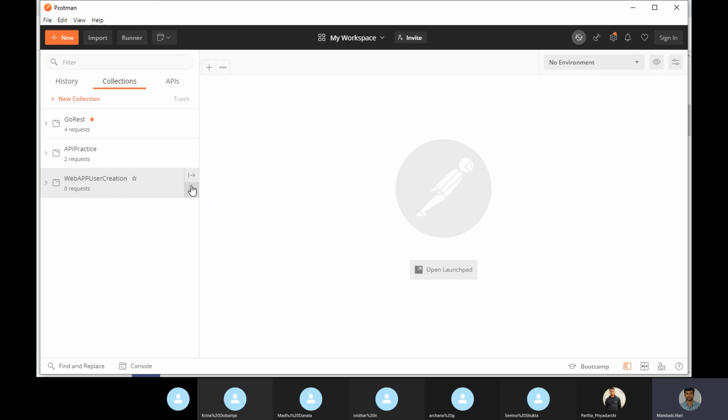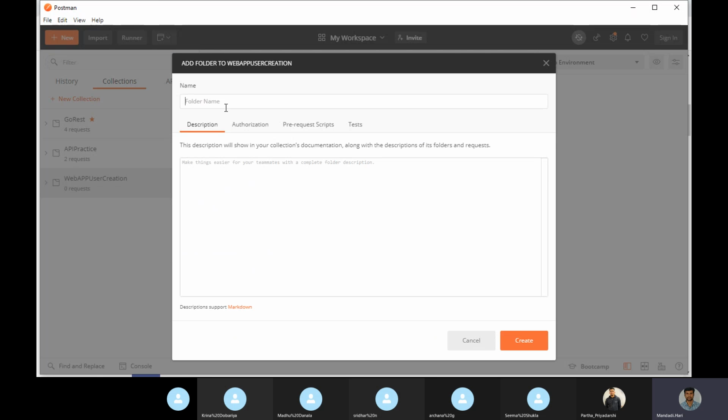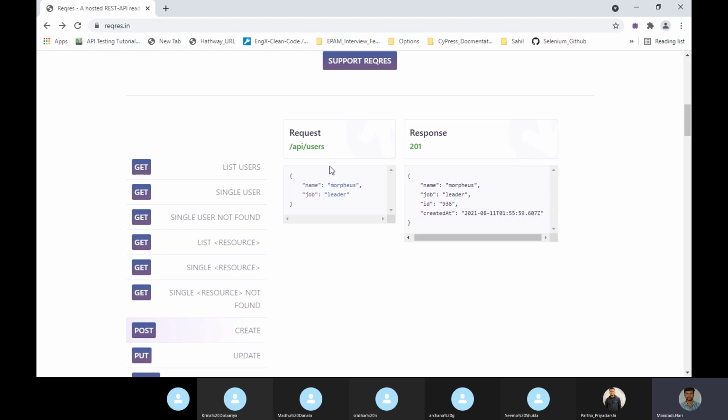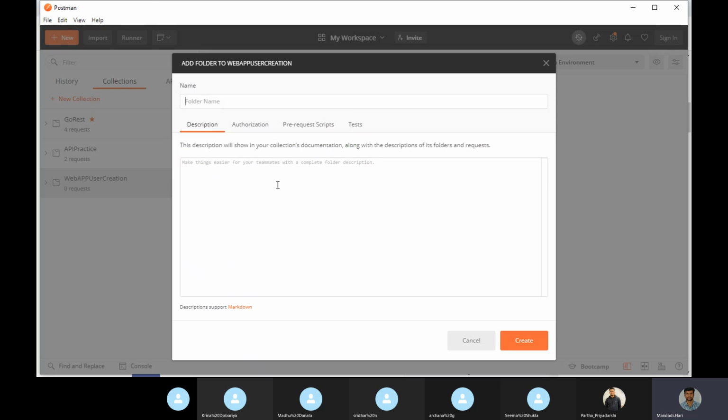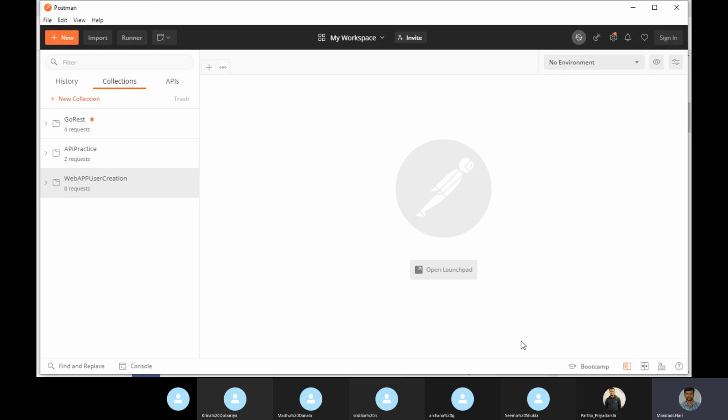So why don't we create one folder inside it? We can give the name of the folder based on your endpoint. So it's very easy. Under this folder you will have all the scenarios for that specific one. It's like managing everything properly.